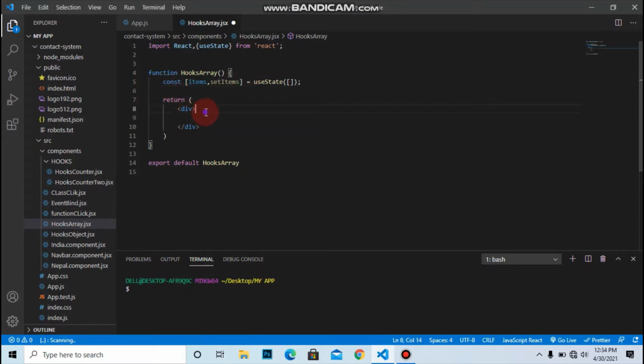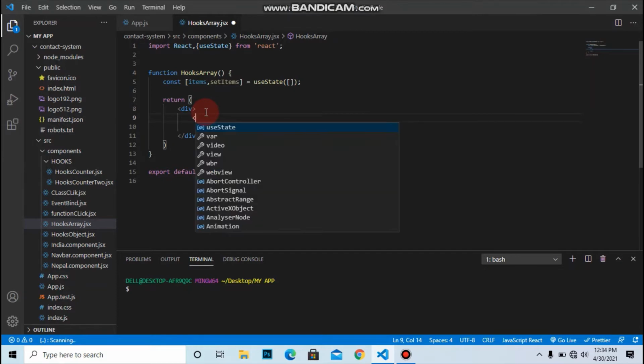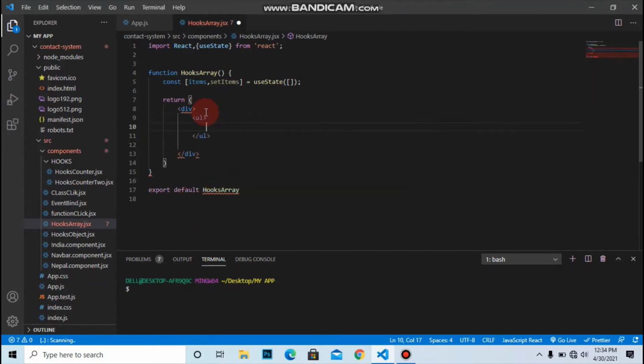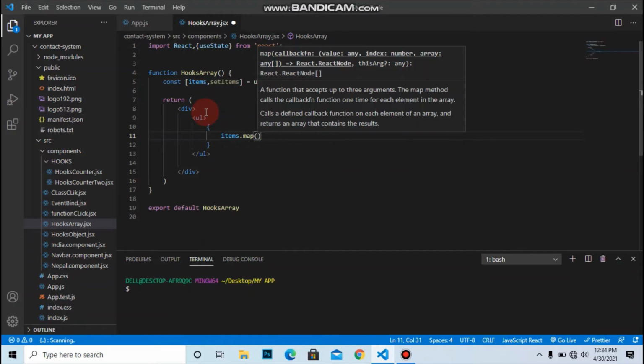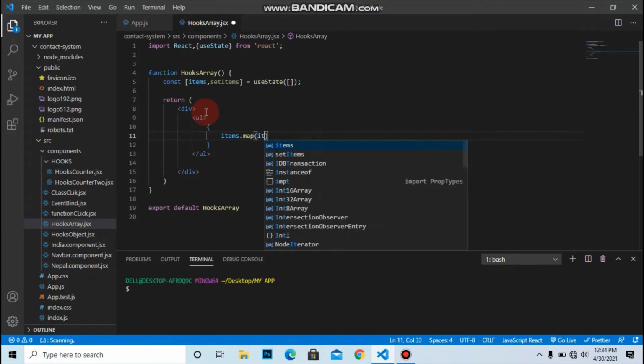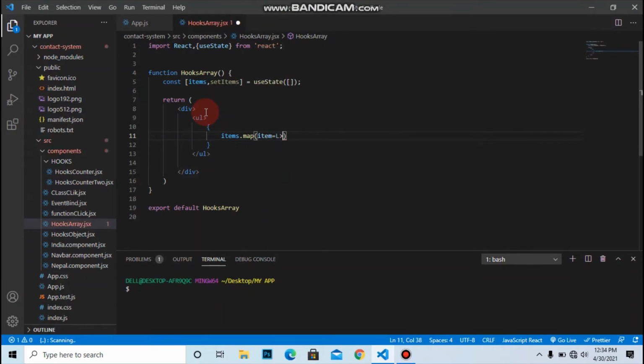So go inside the div tag and make one ul tag. Inside the ul, let's bring the items to the JSX. For iterating over an array, we use the map method. That's why items.map, then item, all the items, then we use an arrow function. Then inside that,